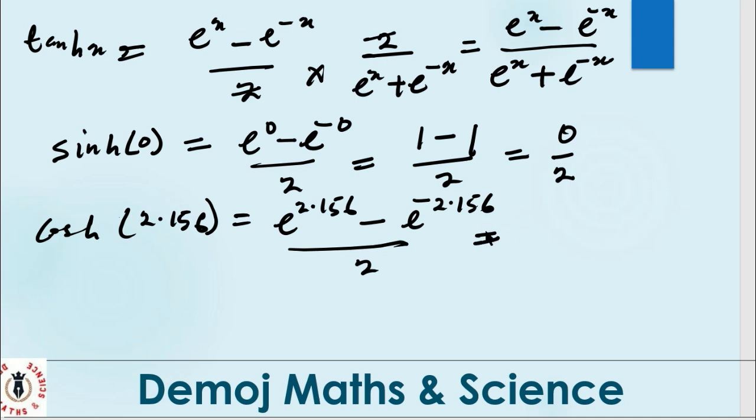For my calculator, e raised to the power of 2.156 is the same thing as 8.6365. Now minus, cos is plus, sorry, cos is plus, that will be plus e raised to the power of minus 2.156, that's plus